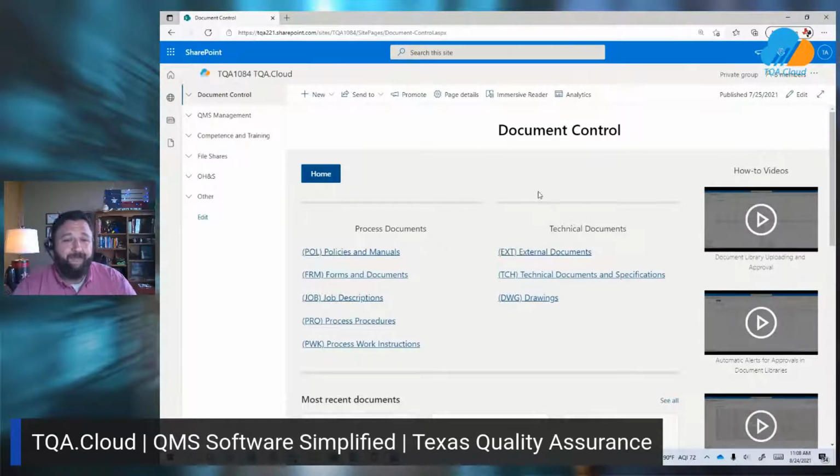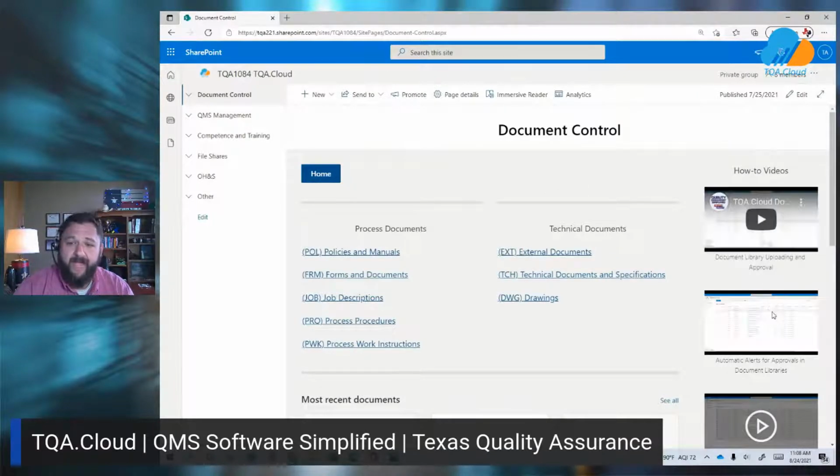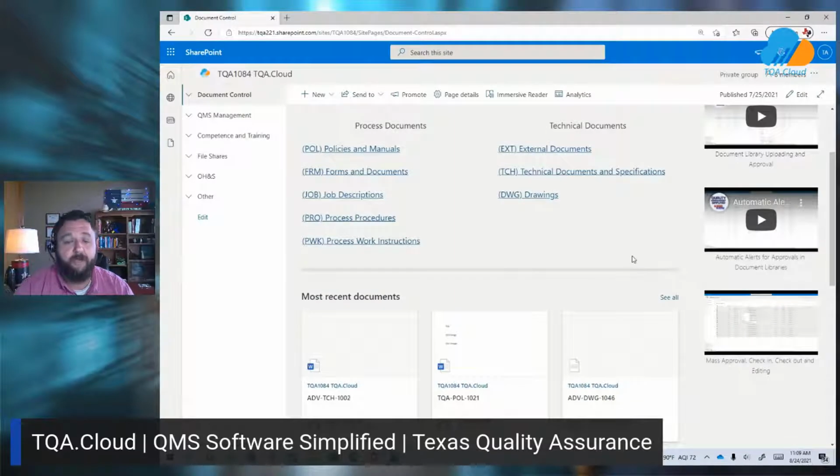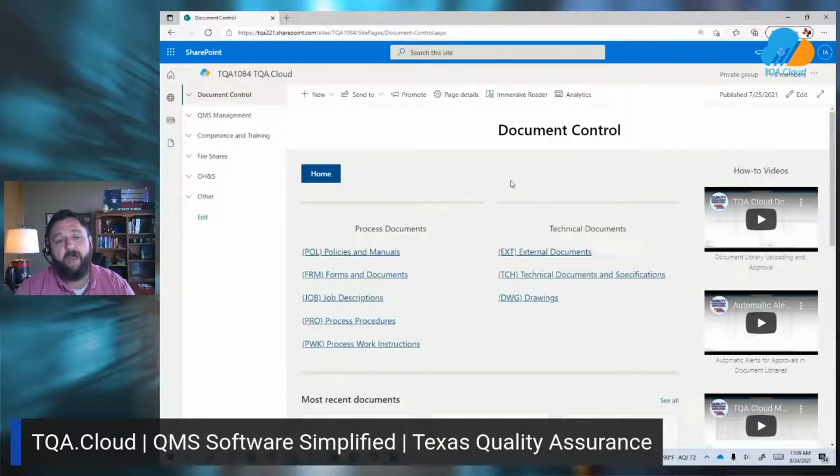Now, additionally, from the document control dashboard here, you'll see that we have several how-to videos. All of these videos are in YouTube, available for view, and we make certain that all of these videos are embedded in each of the pages. So we want to ensure that you can get the help and the resources you need right when you need it.